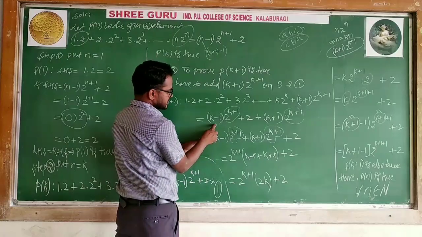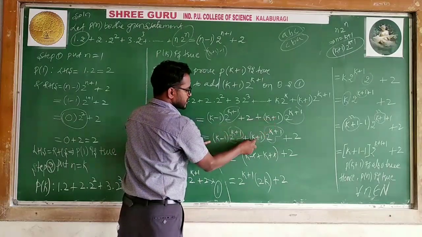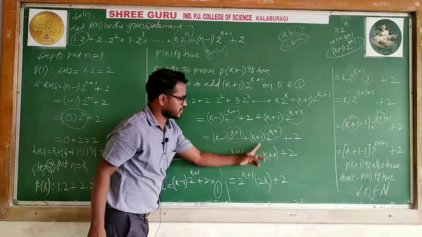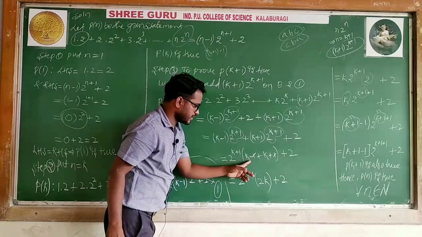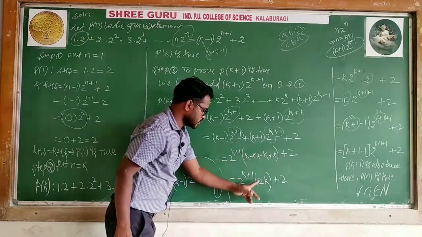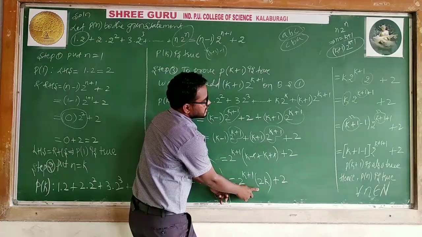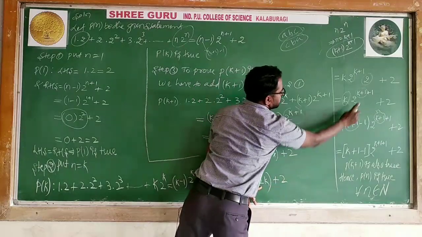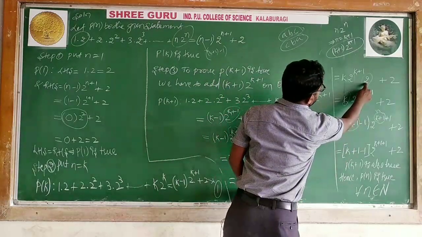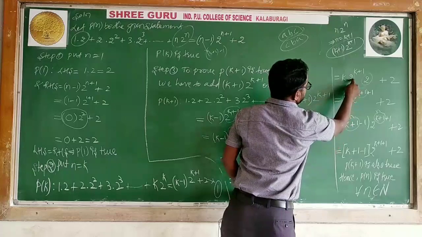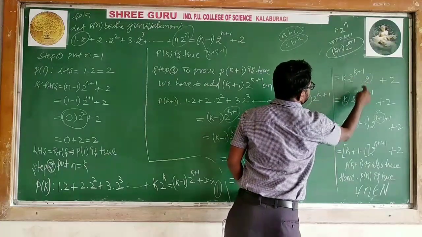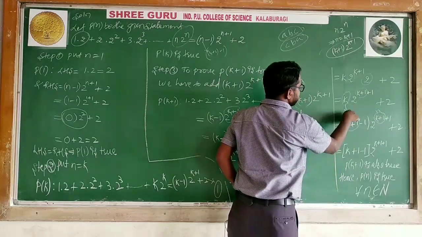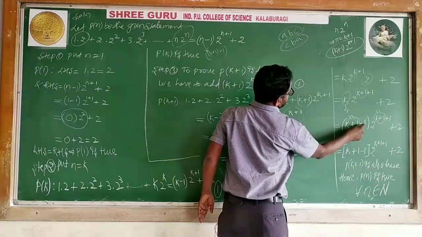Then I wrote this as k minus 1, 2 to the power k here. This I wrote as the second case, and plus 2 I kept last. 2 to the power k plus 1 I took common, leaving k minus 1, k plus 1, plus 2. Then k minus 1, k plus 1, minus 1 plus 1 cancel, k plus k, 2k. So instead of writing this I wrote k first, second 2 to the power k plus 1, then I wrote 2, which you can say is 2 plus 2. And k times 2 to the power k, because bases are same, you can add the powers, k plus 1 plus 1. I added plus 2. Then k plus 1, only I have k. K can be written as plus 1 minus 1, and plus 1 minus 1 cancel.